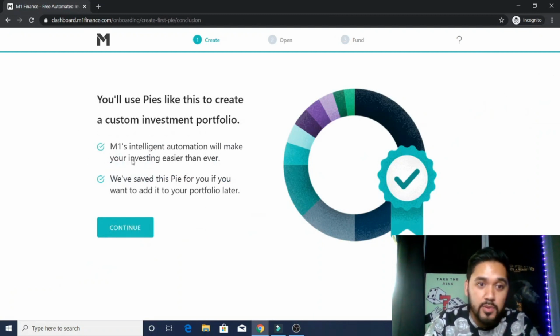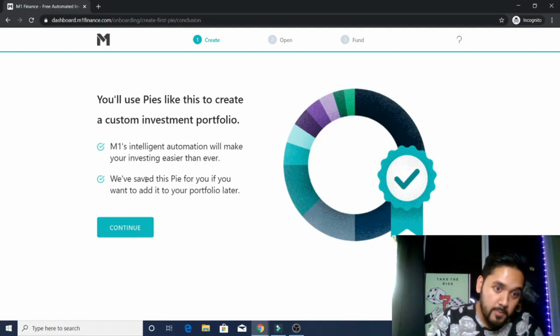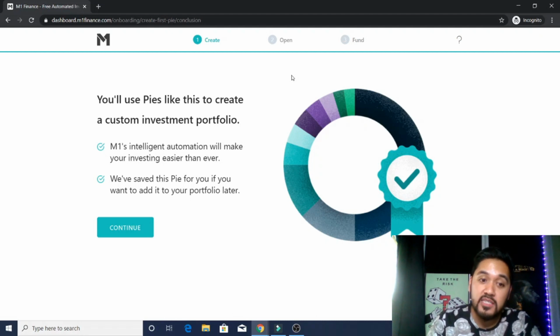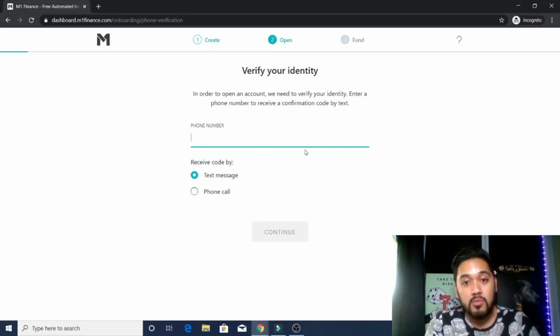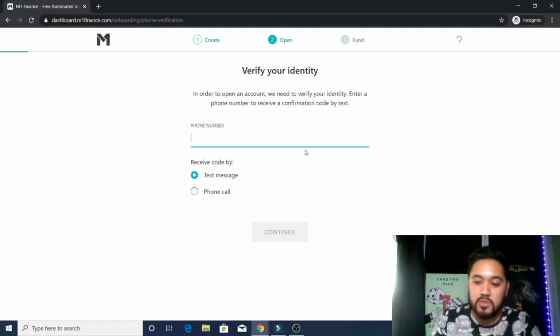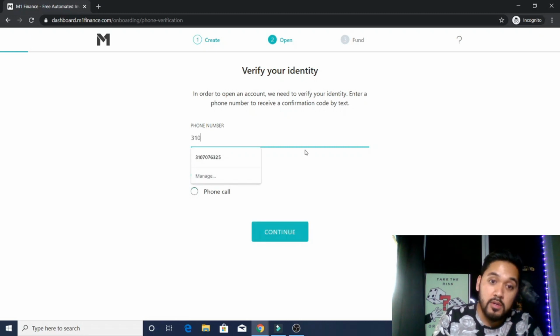Next to this part, you'll use your pies to create your custom portfolio, automated. So basically, as I said earlier, you could automate your investings, and you could always add slices to your pie later. And then the following part, since I already have an account, you just put in your number,